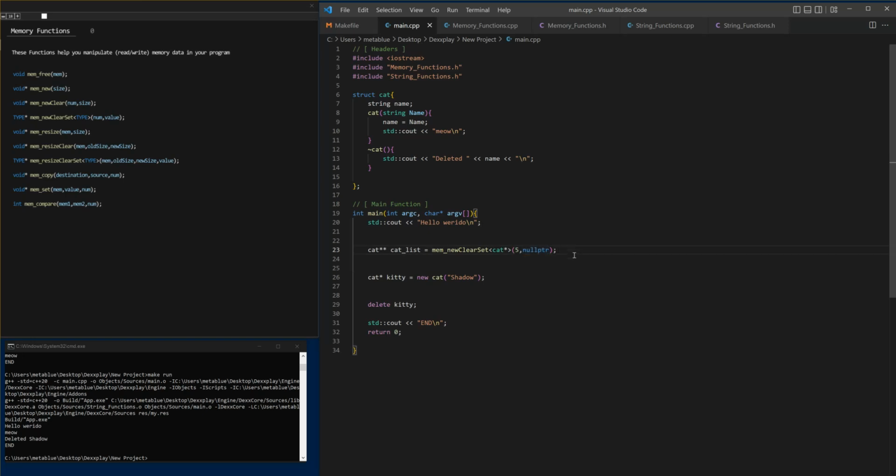And the reason why we do that is because when we have a cat list of objects, we want to know, does cat element 0 have a cat? Does cat list 1 have a cat? And we can check that by saying if cat list equals null pointer, there's no cat. But anyways,